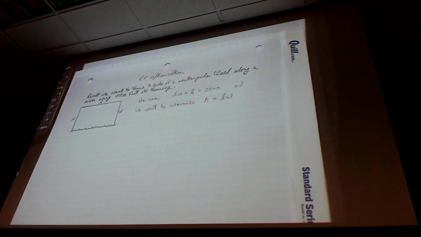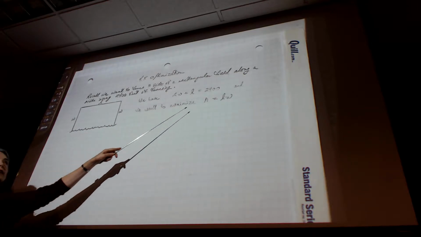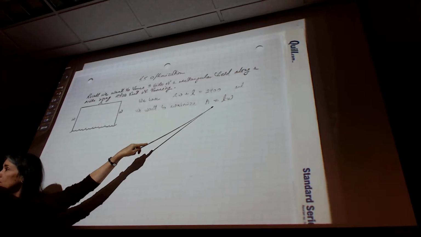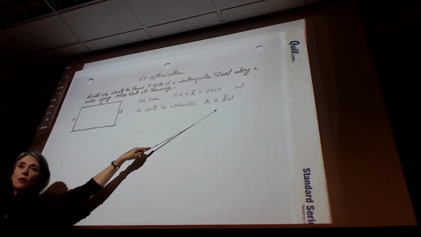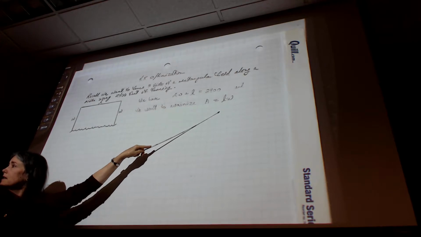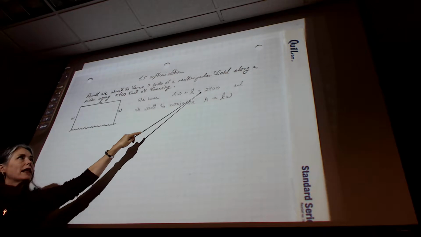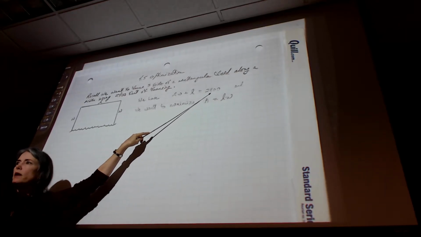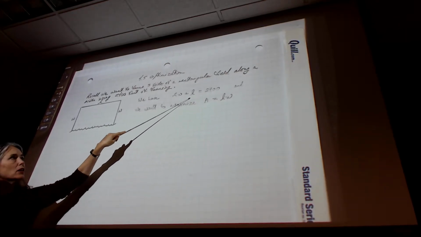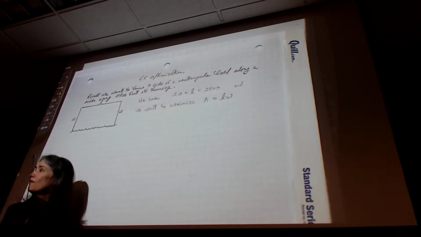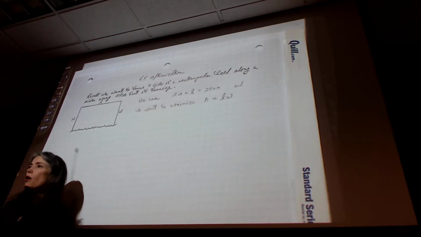But here's the thing. In a problem like this, you have these two equations. Now, this is the one we want to differentiate. We want to take the derivative, set it equal to 0, find the max or min point, evaluate it, like the closed interval technique. But we have another equation. This is called an initial constraint. And what it's going to allow us to do is get L alone in terms of W and plug it in there so we've only got one variable, which will be nice. We don't want to use the product rule. We don't have to. Okay,